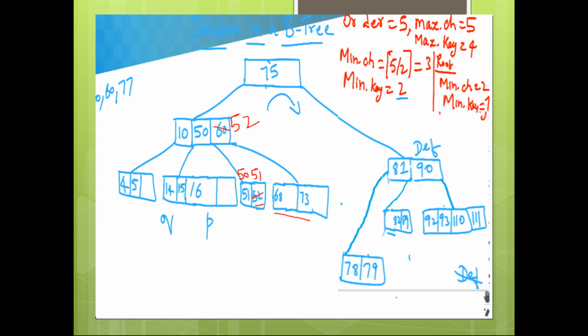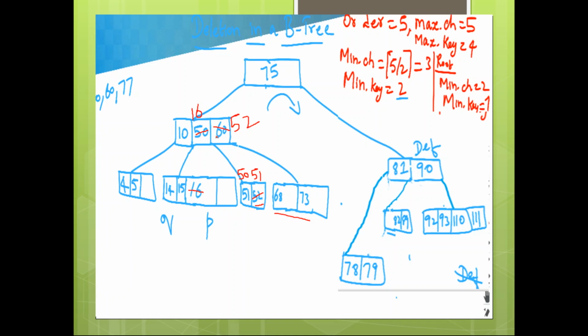Yes, this node will become 50 and 51, and this 50 will be replaced by 16. Okay, so now the deficiency is removed.